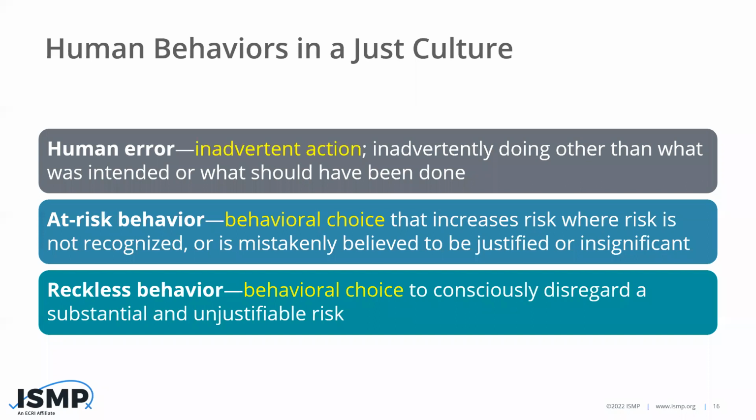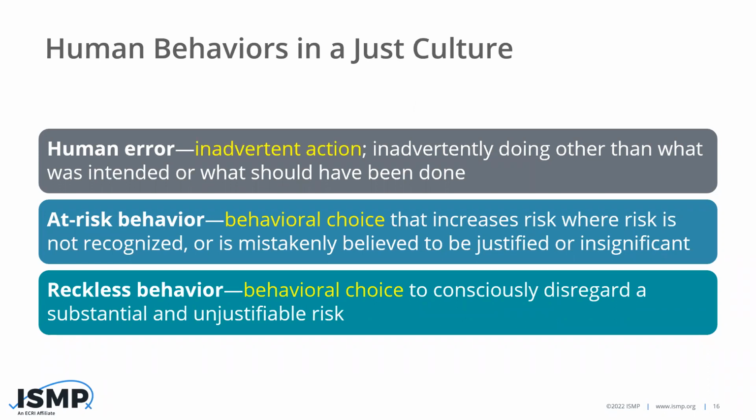So there's three types of human behaviors we alluded to already. I'm going to come back to them again, but explain them in a little different order. Number one is human error. The key phrase, everyone, in the gray box is the yellow word, inadvertent action. Nobody intentionally decides to read the wrong thing on a label. So how you respond to a practitioner involved in a human error should be different compared to number two, at-risk behaviors.